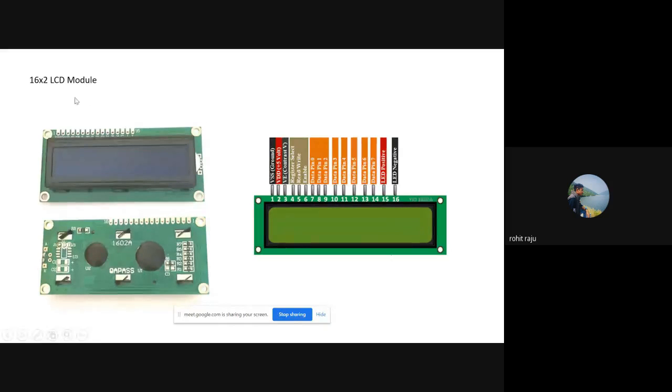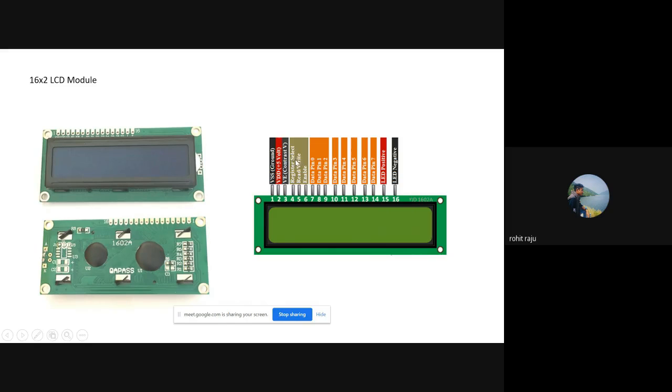Okay. So this is a 16 by 2 LCD module. And we are talking about the pin ports right here. So this is the ground port, and this is the power port, VDD. And this is the contrast. If you want to increase the contrast or the clarity of the messages displayed here, you can connect this pin to a potentiometer. You have a turnable knob, right? You can change the values on the potentiometer, and in turn you can change the contrast on the screen.